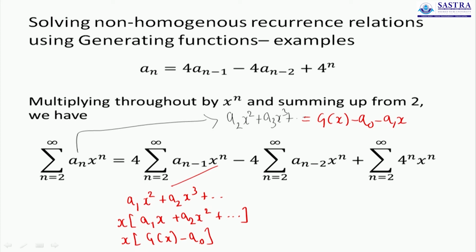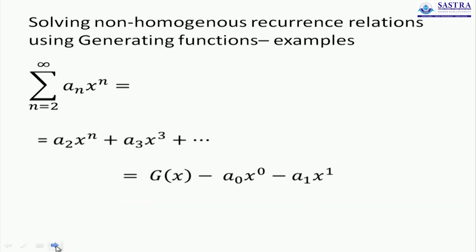The third summation is the easiest of the lot, because I'll just have to factor out an x square to have the uniformity. If I factor out the x square, I'll have the summation a n minus 2 x power n minus 2, which means I'll start from 0 at the index as well as the exponent. And the last term is the most harmless of the lot. It's just a constant. I can take care of this. I'll do that in the next slide.